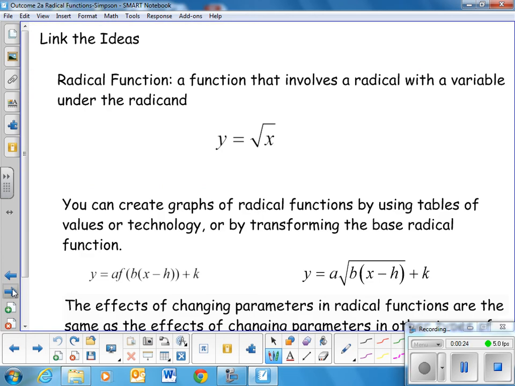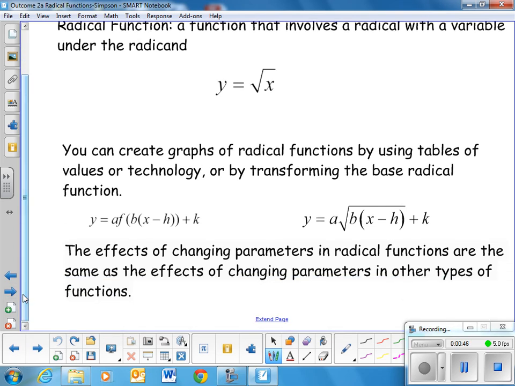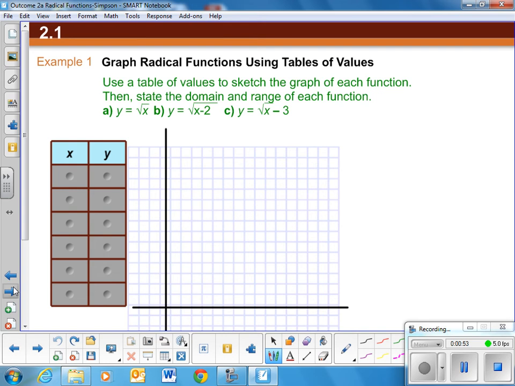A radical function is a function that involves a radical with a variable under the radicand. So the base function would be y equals the absolute value of x. You can create graphs of radical functions by using tables of values or technology, or by transforming the base radical function. The effects of changing the parameters in radical functions are the same as the effects of changing parameters in other types of functions. So first of all, we need to discover what that base function of y equals root x